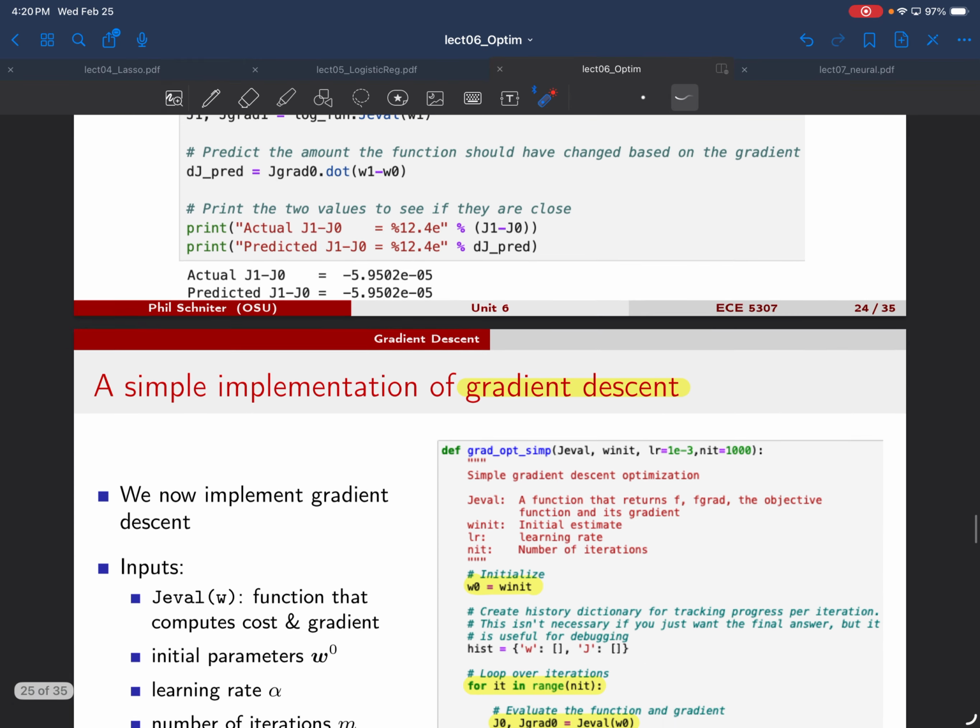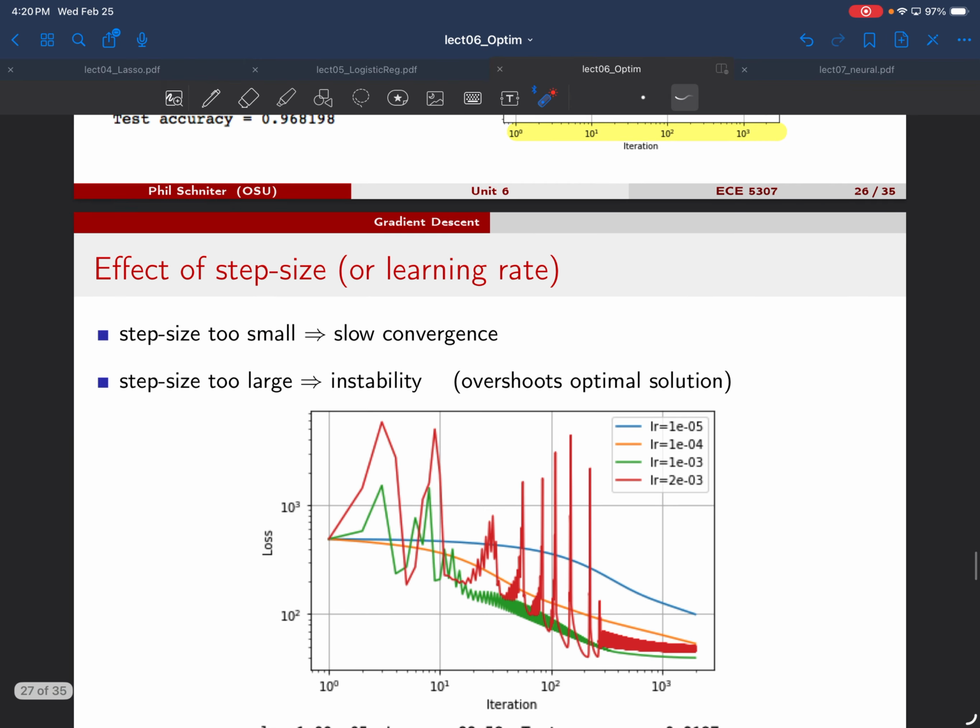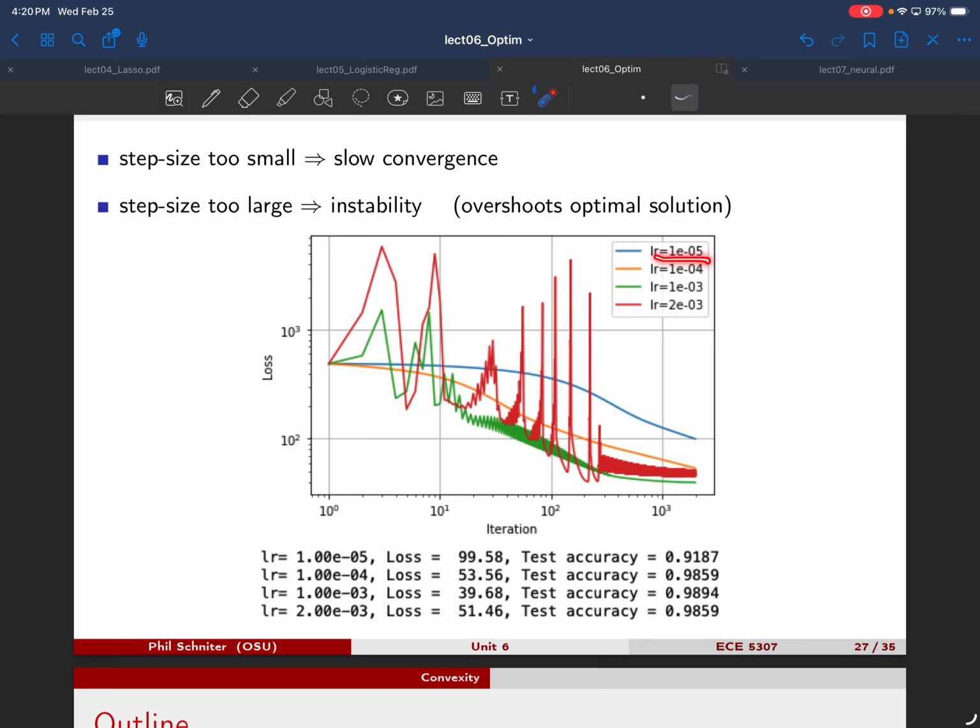So let's do a little experiment where we try several different learning rates. So previously we tried this orange one, 1e minus 4. We'll try something that's an order of magnitude smaller, an order of magnitude larger, 1e minus 3, and then even a little bit larger than that. So the orange one, like we said, that's from the previous page. If we decrease the learning rate, you can see it takes even longer to converge. If we increase by a factor of 10, we get this green trace. And then if we increase that by a factor of 2 more, we get the red trace, where things are